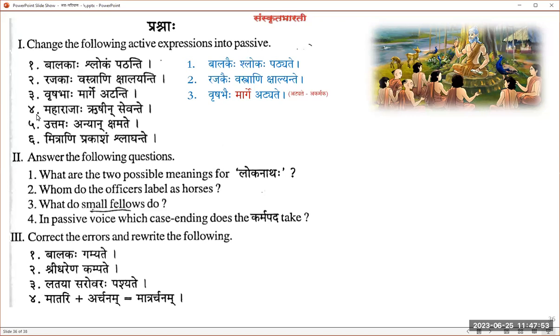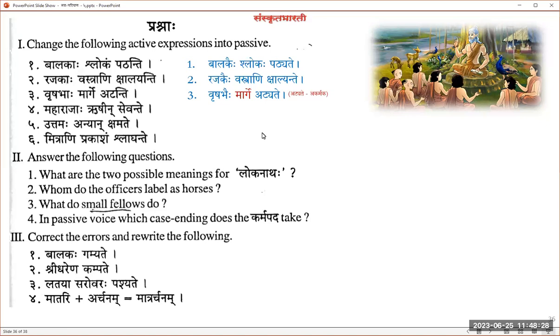Sir, for the second sentence, suppose the vastrani was not there and we don't know the context, then you would have written kshalyate, no? See, you are right. If there was no vastrani in the active voice sentence, just rajakaha kshalayanti, then rajakaihi kshalyate is the correct form, not kshalyante. Because you are not aware of the karma, assume an ekavachana karma. Don't go exploding into bahuvachana. Just follow the bhave rule a little bit.